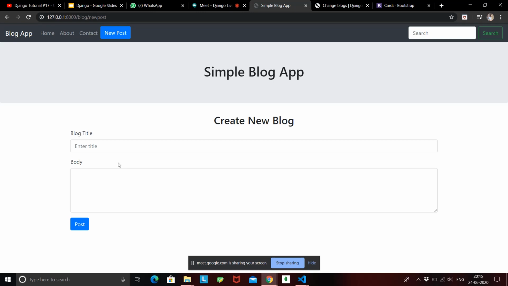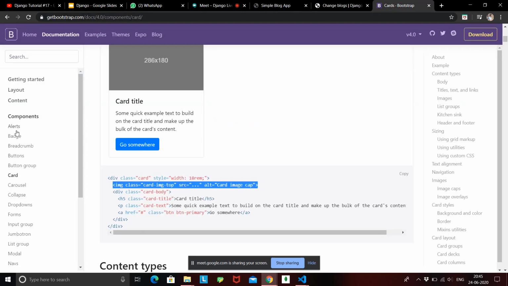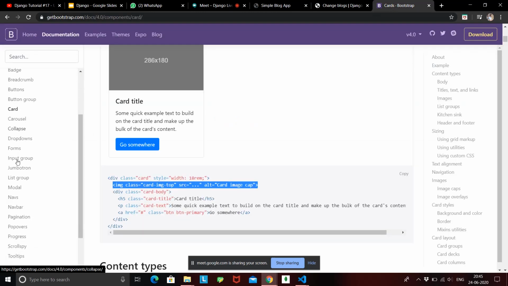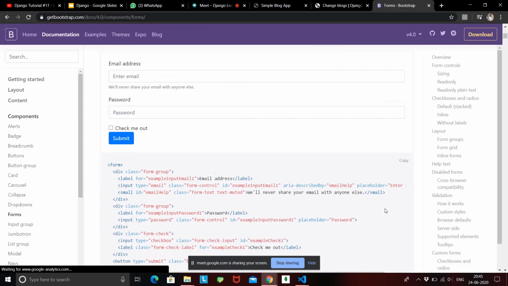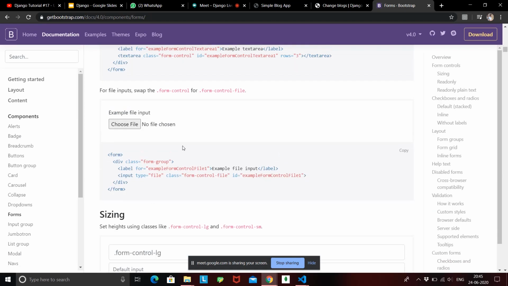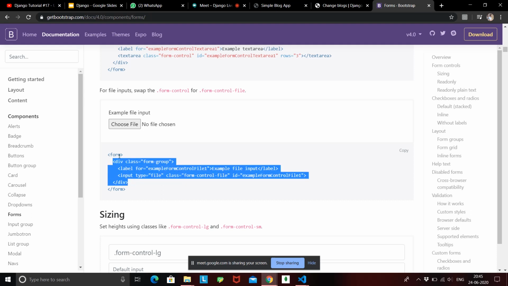Okay, so how we can create that image upload button is, again we'll use Bootstrap for that. So let's go to Bootstrap, and I hope it is inside, let's see, inside forms, is it there? Okay, yeah, so what we need currently is this file button. Okay, so let's just copy out this code to include this file button inside our form. We already have a form, so we'll only copy the div that is given.